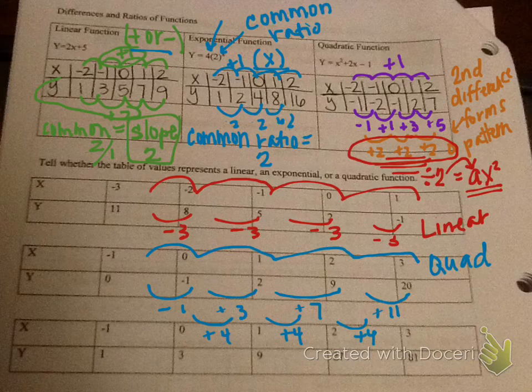And then on the last one, our x's are all increasing by 1. My y's are plus 2, plus 6, plus 18, and then plus a massive number. So in this case, I look to see that it's times 3, times 3, times 3, times 3, and anytime I have a multiplication common ratio, then I know I have an exponential